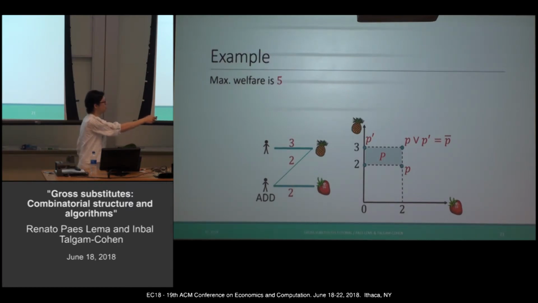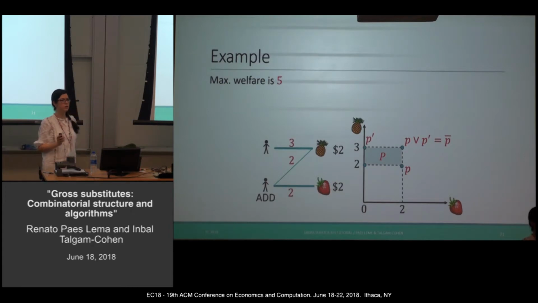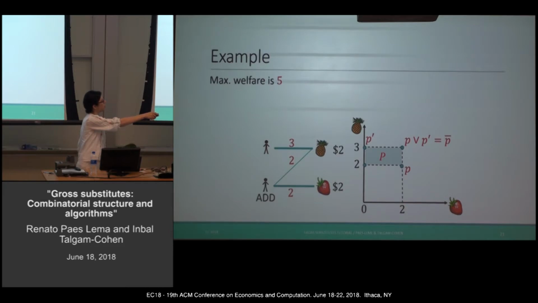For example, if we focus on P, then you can see that this buyer is happy because she gets the strawberry, and she doesn't mind not getting the pineapple because the price is 2 and her value is 2. And then this buyer here is also happy because he only wants the pineapple, and he's getting the pineapple, and the price is below his value, and so everything is good. And same way you can check P prime. Okay? And now, as we saw from the theorem of Gul and Stacchetti, their join and their meet are also both equilibrium prices. You can check this.